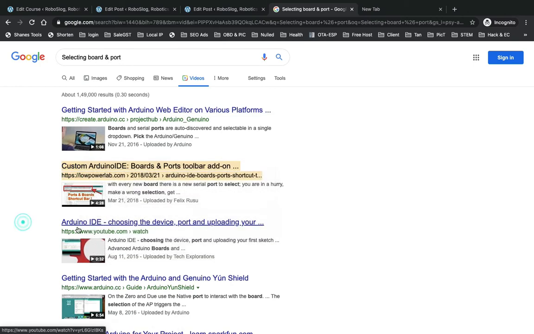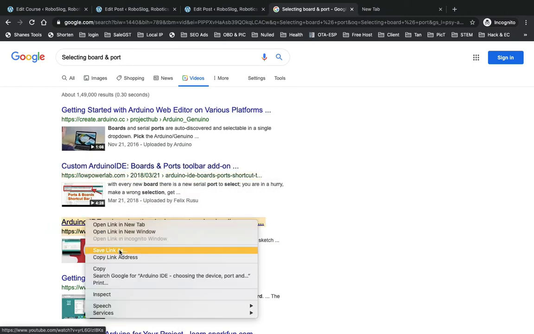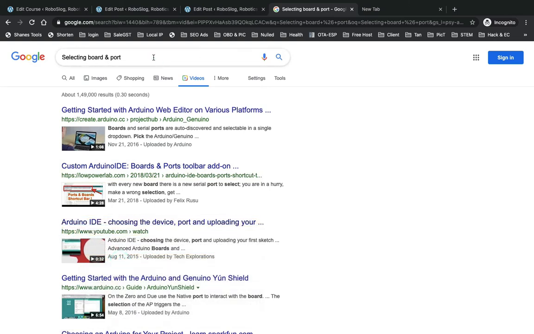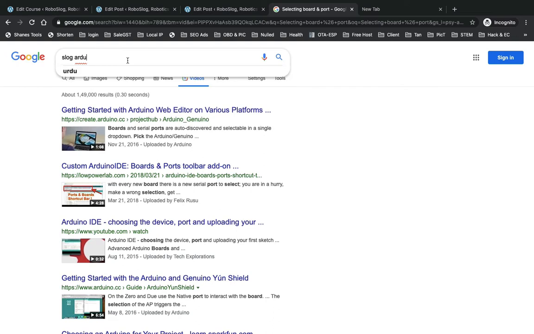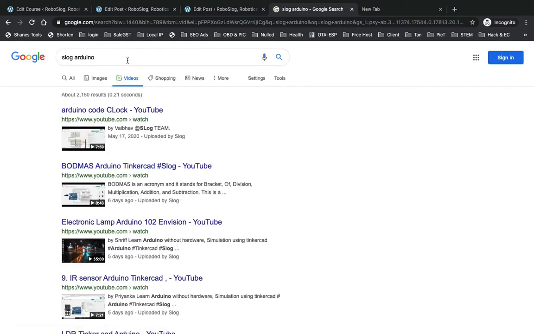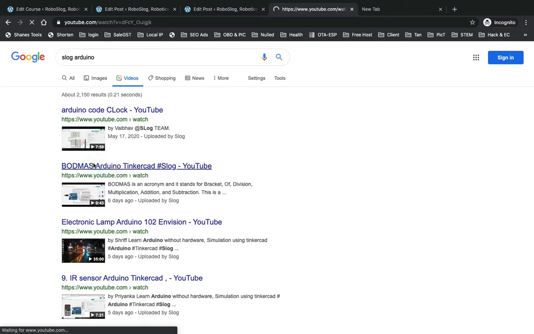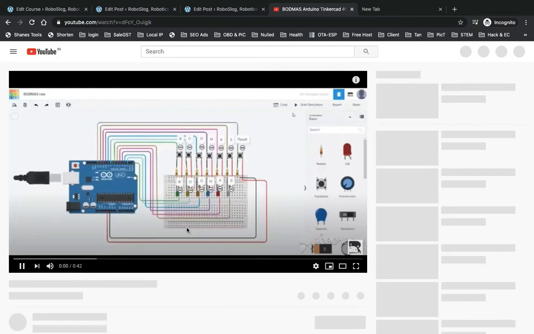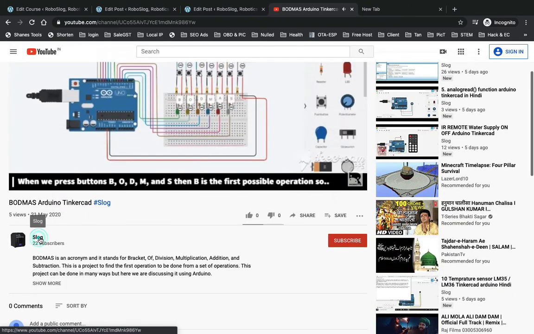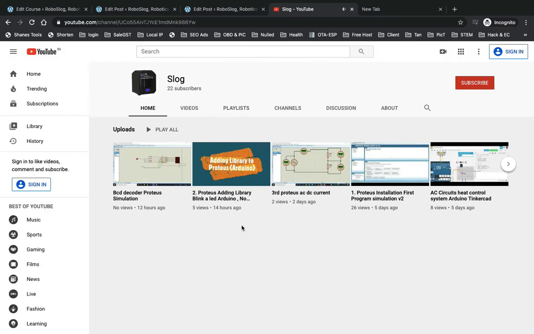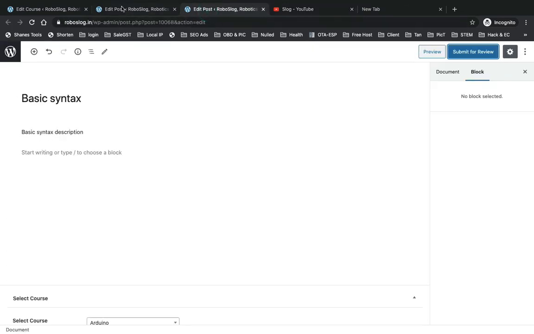So let me just give any one as of now, and obviously you will get all the Robust Log channel by searching Robust Log Arduino. Once you search these two things, obviously you will get us on the top, as we already added so many videos, so you will get us on the top. Okay, and once you get this, you can click on this log and you will find the whole channel and whole videos.